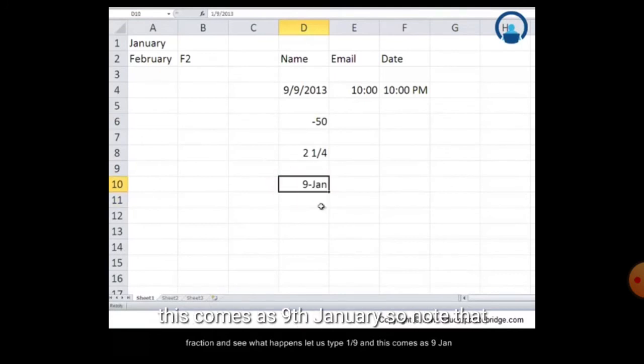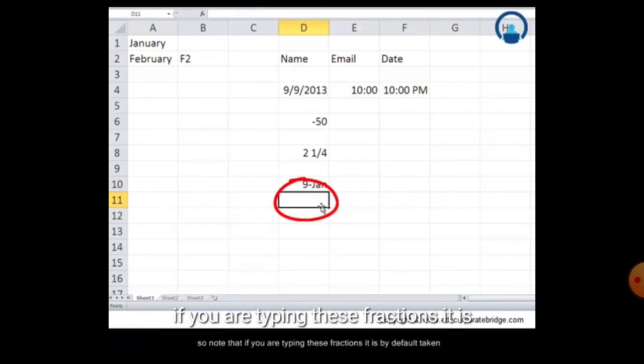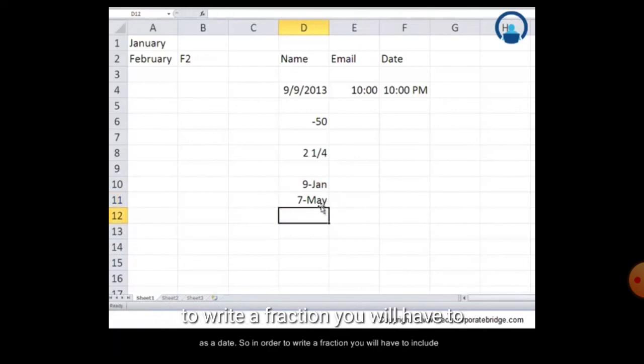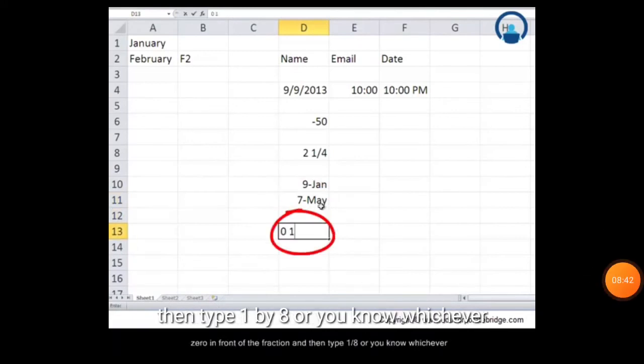Like here 9/1/9, it automatically understands January as the month, and the year is whatever you have set with your system. This is how we enter the date, time, and data in Excel.